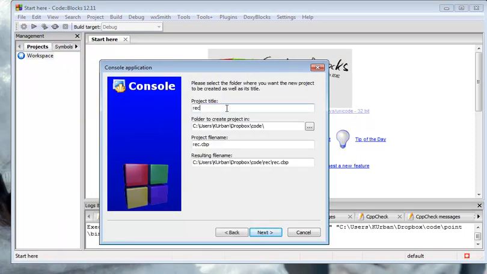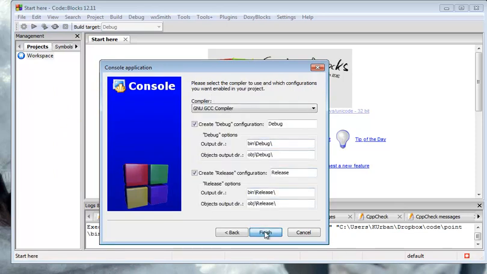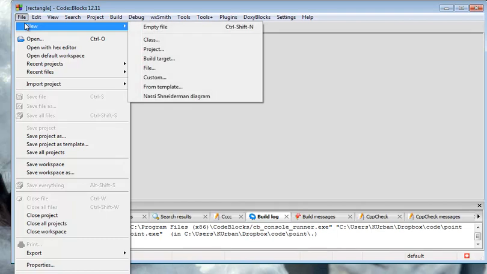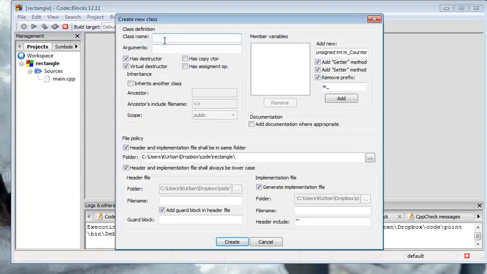Let's call it rectangle. And start it off, and then we'll finish it. Now, in the source, we have our rectangle class, so let's put that in. I have a new class, right? So to add a class, I go to File, New Class. The name of it is